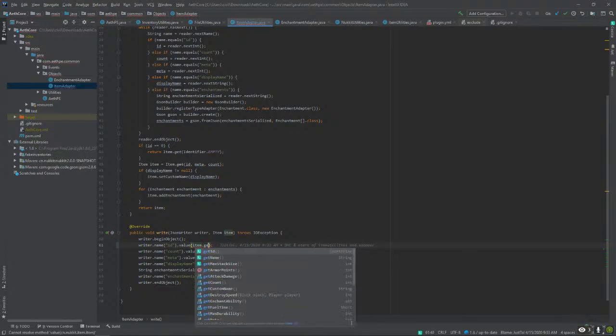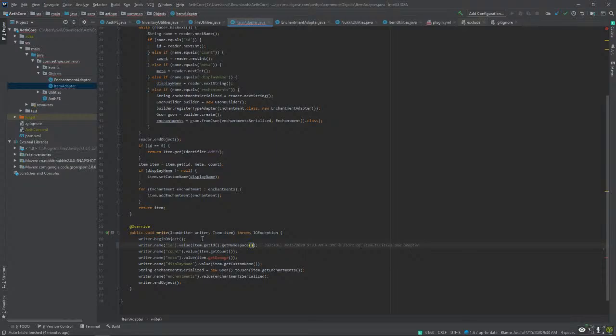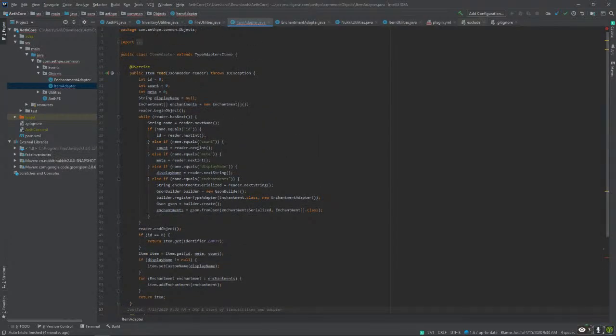Oh wait, yeah, it is .getID, and then I should do get namespace rather than using the ID. That's weird. So this might be a little bit of an issue. Oh wait, never mind. Okay, so ID should be next string.